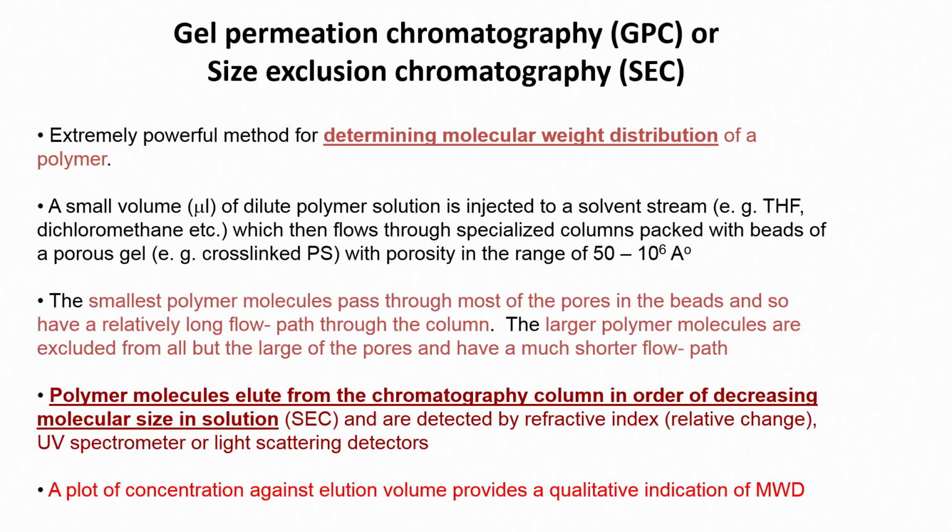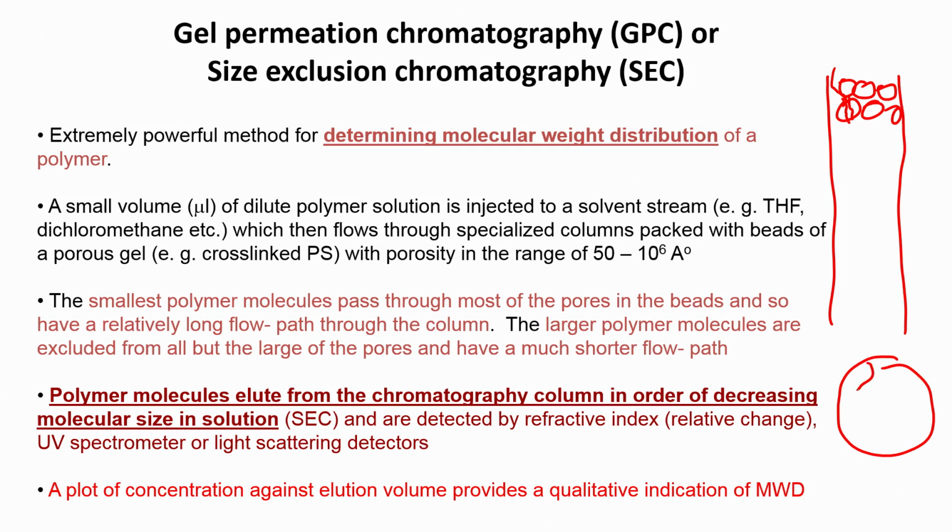And what happens here is you have a column which is packed with beads which are porous. So, these beads have small pores going through them. If the polymer is small enough to enter these pores, the polymer then expands. If I zoom into a bead, you have these pores going through these beads, and if the polymer is small enough, it goes and interacts into these channels and has to traverse all the way down through these